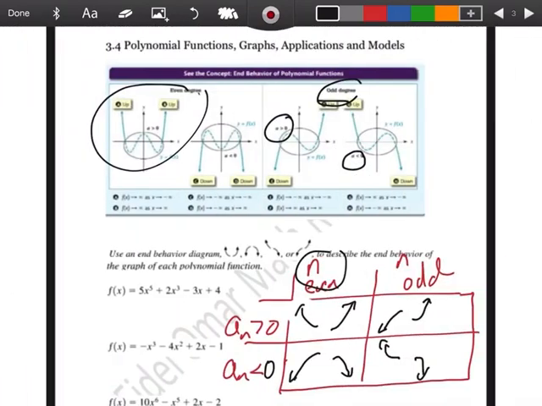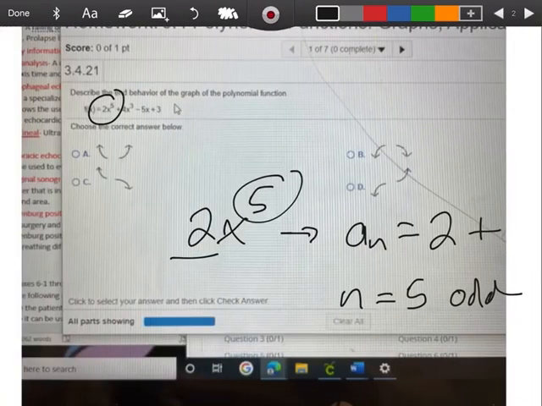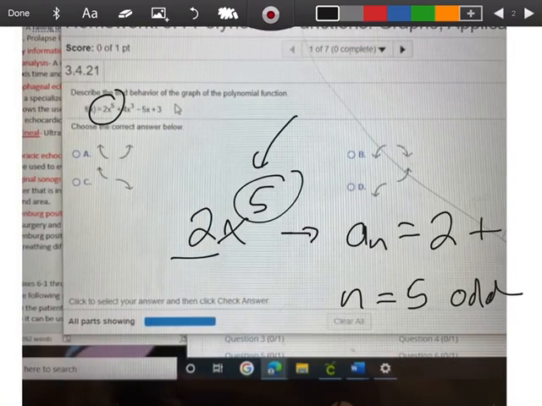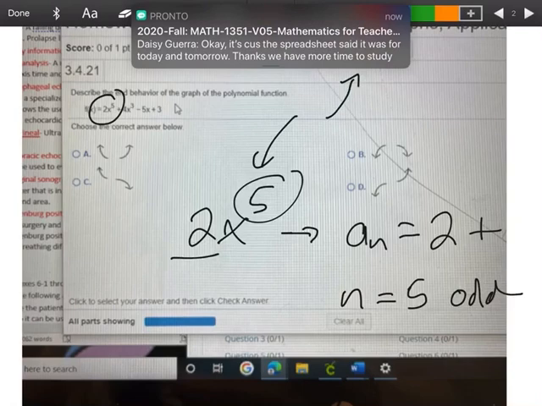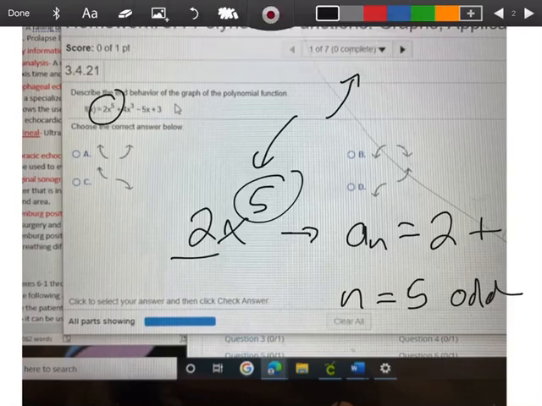This is odd. So I'm going to come back over here and say, okay, I'm looking for odd, and I'm looking for when my coefficient is positive. So my graph is going to go down to the left and up to the right. And that would be choice letter D. And so for number 1, my